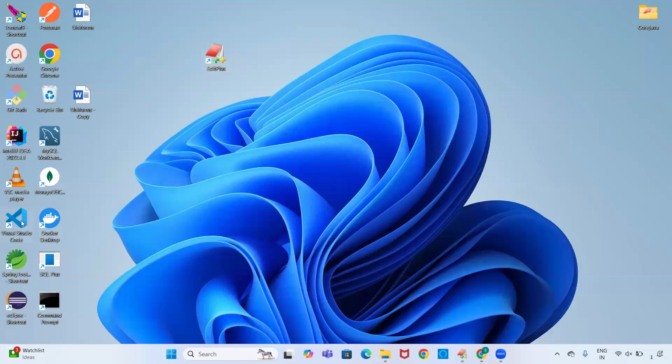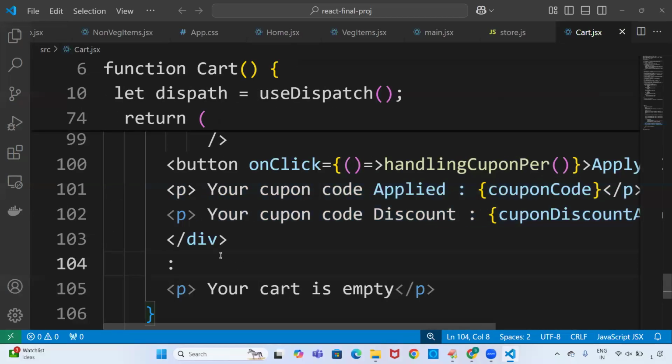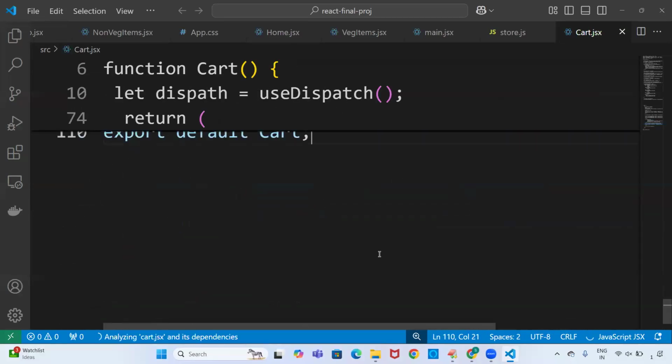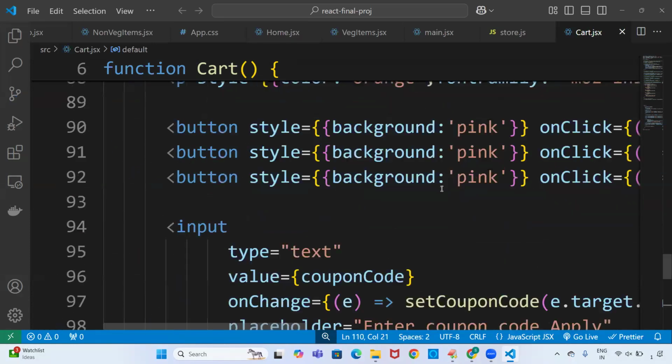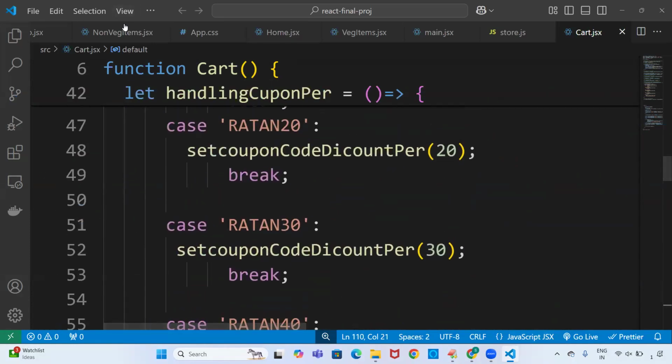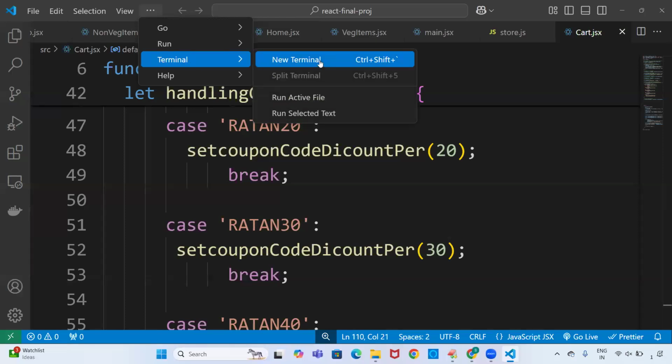Yesterday's class, what did we do up to? Today's class we complete the open. Yesterday's class topic was applying the coupon code, right? It means the cart is completed, guys. In the cart we are seeing all the details. I think we are done with the cart. All the products are displaying, and the discount amount, final amount,